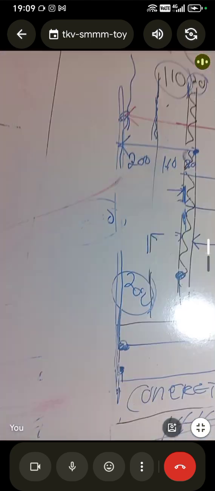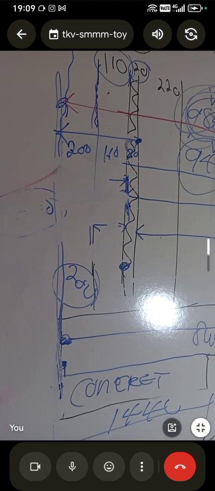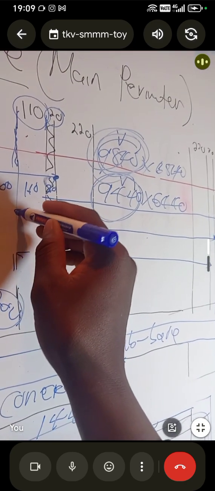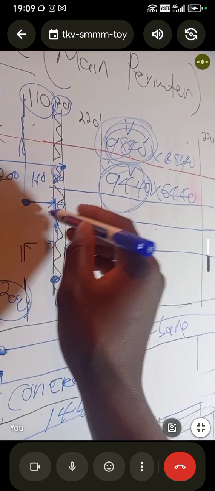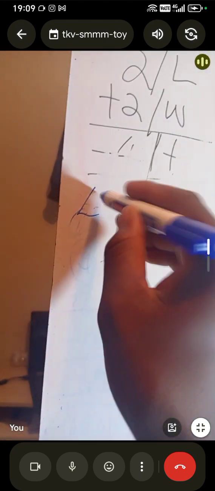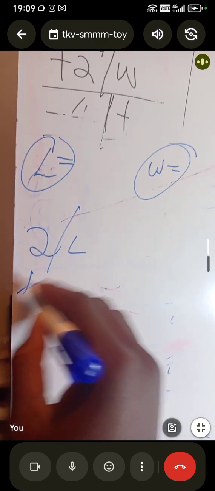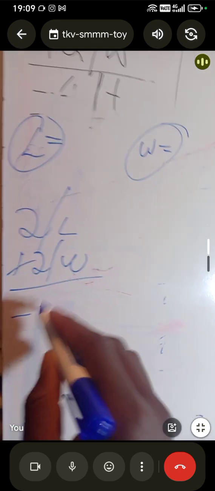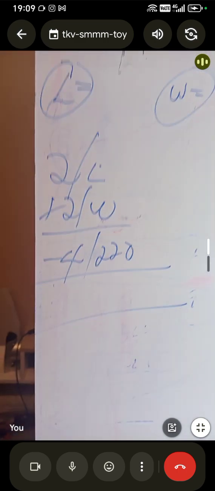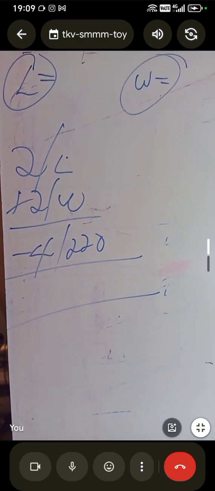But when you're using 9440, that means you're starting from here to here. You're going to minus 110 and 20 only. You get it? You get the length first and the width first. That's where you're going to take these two to calculate the center line, because you'll be having the values. You get it? Yes. Thank you very much. So that's how you calculate the center line either way. So now